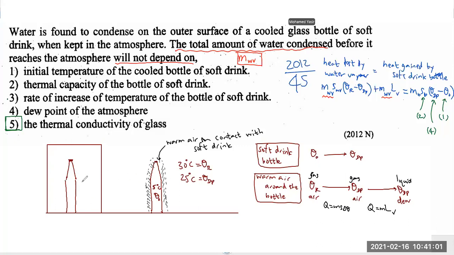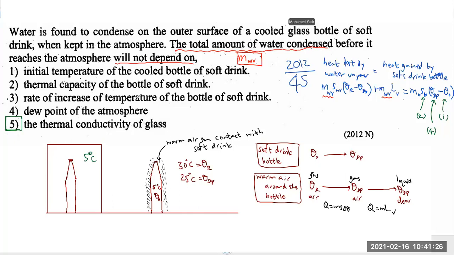Now, when you put a glass bottle, would the alloy bottle have a lower temperature than this? No. If the refrigerator's temperature is 5 degrees Celsius, whether you put a silver bottle or a glass bottle, if it is kept inside for sufficient time, both will have the same temperature as the fridge.